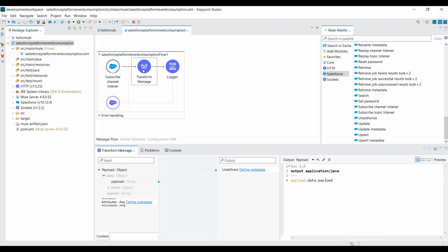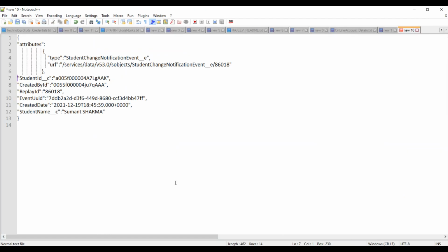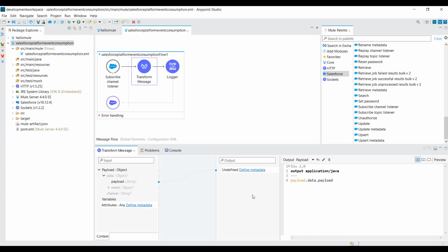Very simple, no fancy thing. All I am doing over here is, instead of getting everything, I'm just focusing on what I need. So when I say I'm focusing on what I need, I'm just looking into the data payload part. I'm not interested in the outside boundary of the payload. I'm just interested in that because that's what we are looking for. And right now in this video, I am just storing this payload into the logger, so we can review it, making sure that whenever I am publishing